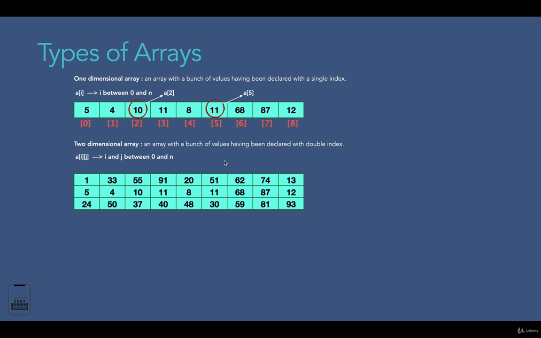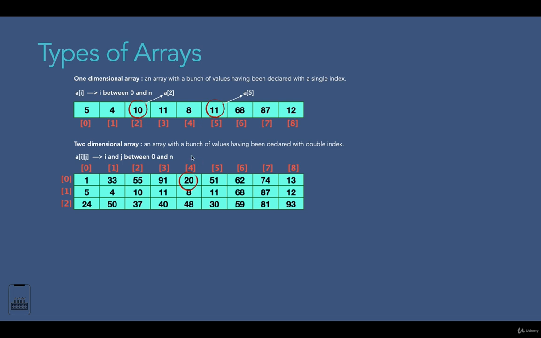Here we have an index for columns and an index for rows. To access any given element, we are going to use these indexes. The first index that we put is the row index, and the second index will be the column index. Let's say we want to access this element. The first thing we need to do is identify the row index. As you can see, it's located in the first row, and we know that the first row's index is 0.